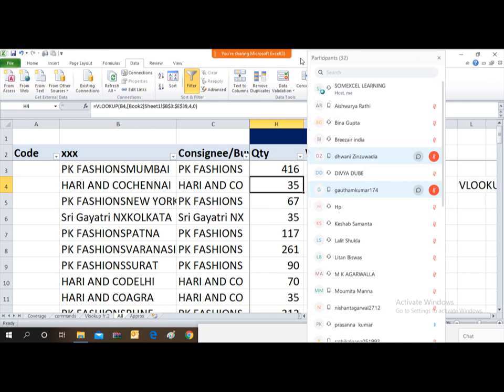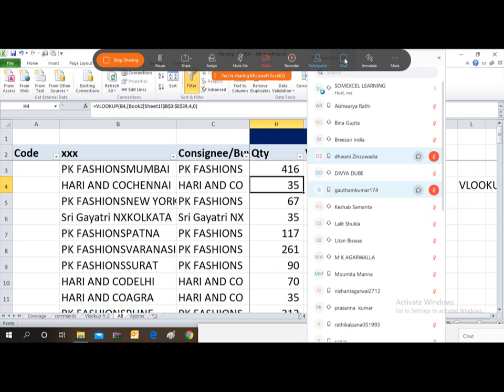If you have any query, or I'll ask some query then. If you are not asking, Lalit, any query? Yes, Mr. Lalit, can you hear me?